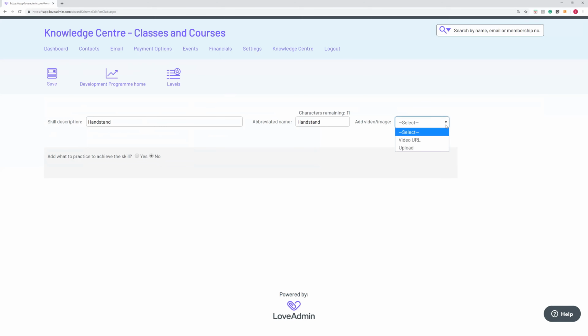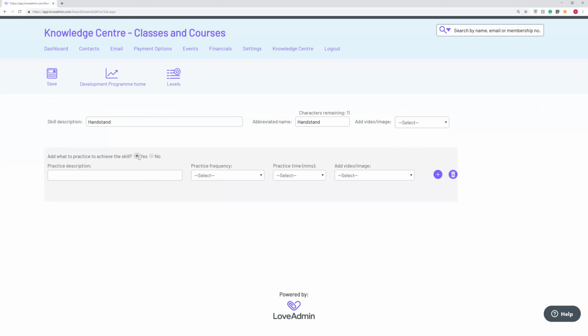And again, I have an option to add a video or upload an image so that I can show and illustrate what that skill should be. And then I can also add what to practice. So this comes hand in hand with if a student doesn't pass their skill, you can say you haven't passed this handstand skill, but you might want to practice these in order to work your way towards achieving it. So for handstand, I might want to look at balance,